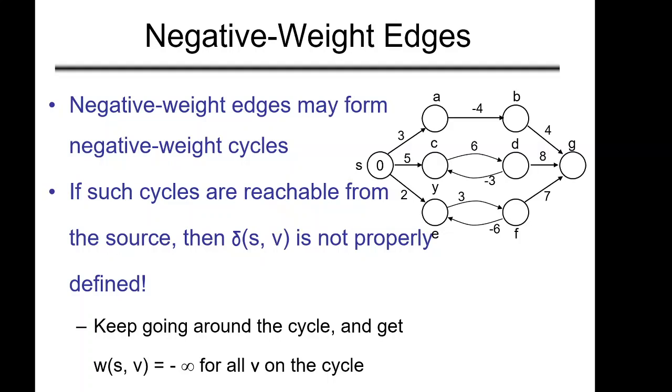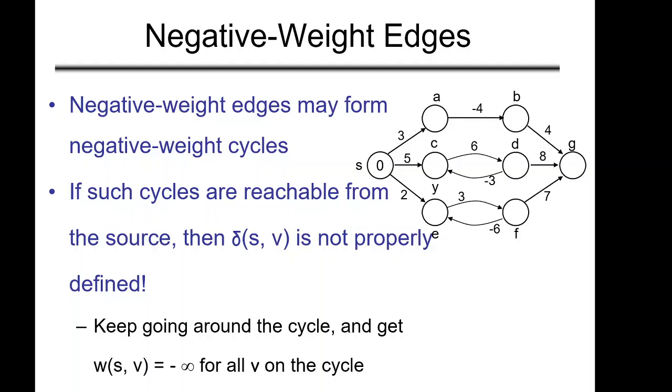Now it may be possible that there are negative weight edges in the graph. This may not be a distance between two cities, maybe it is something else, like some penalties or some loss, or some gain. So if we generalize this problem, there may be negative weights on the edges, and such graphs are called negative weighted directed graphs.